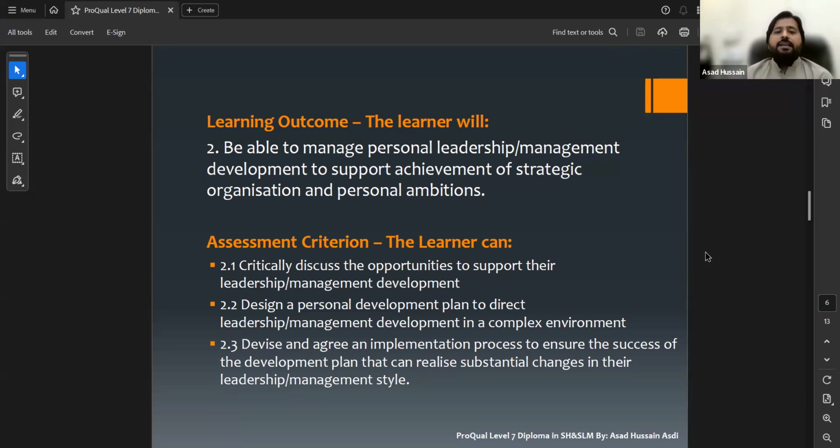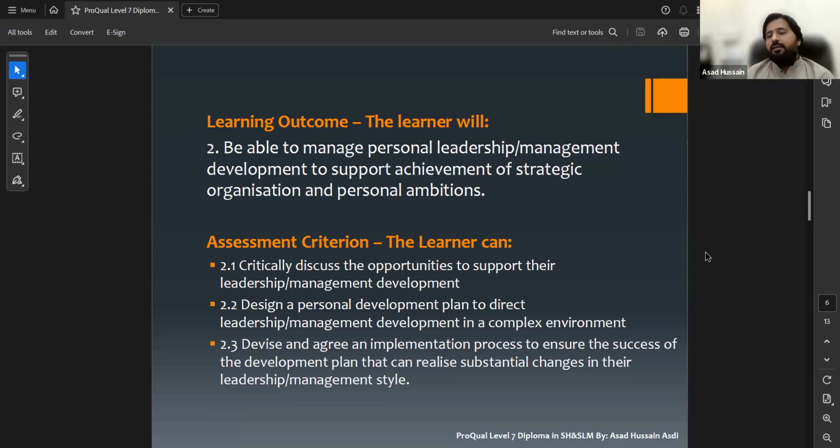Okay, so here they can use that development plan to support their narrative, their explanation, or they can use it as evidence. The evidence should be a process, a method which confirms how they are going to implement their development plan to gain the competence, to develop themselves as a strategic leader or strategic manager.